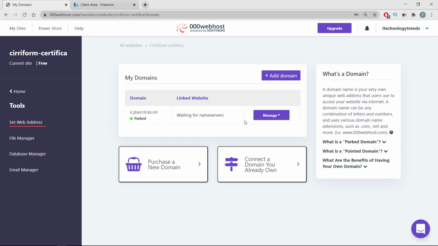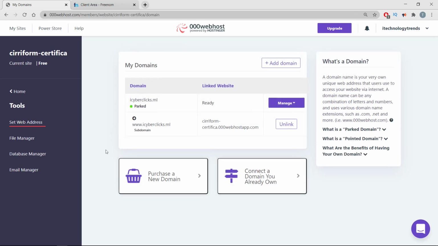Okay, great. As you can see, my domain is parked and waiting for name servers. This will take a while to complete, and the status will become ready. This may take up to 10 minutes, maybe 20 minutes, and once this is ready, we will go for further details by linking this to the new domain name.